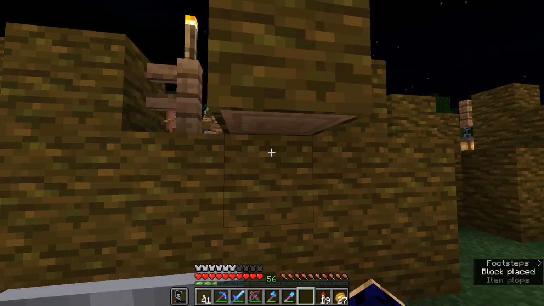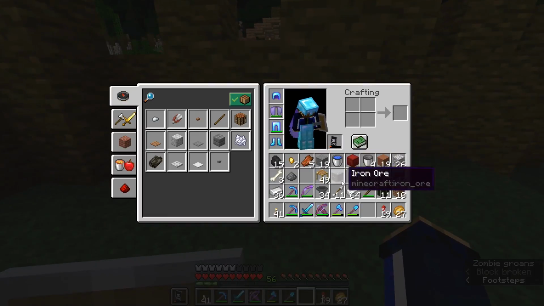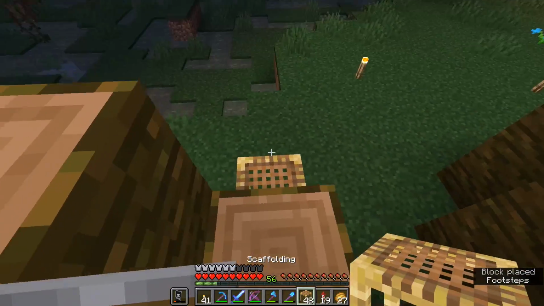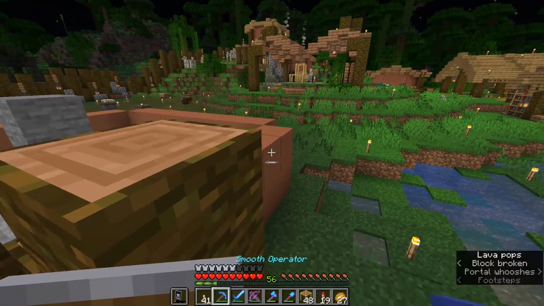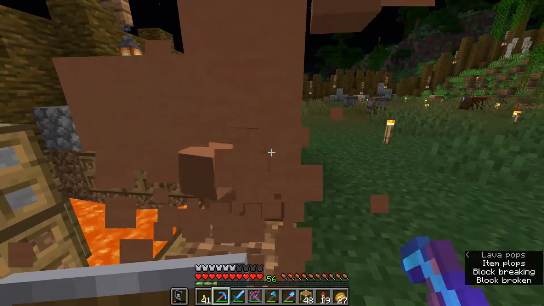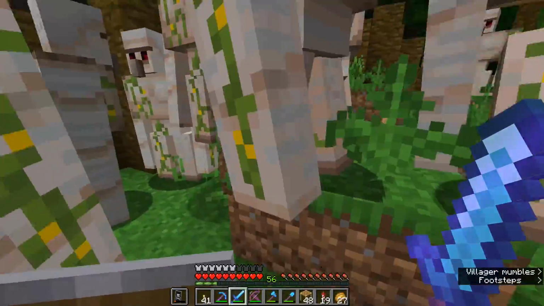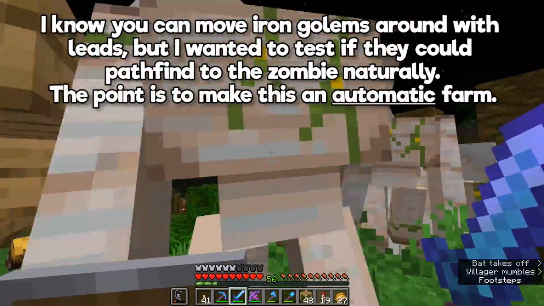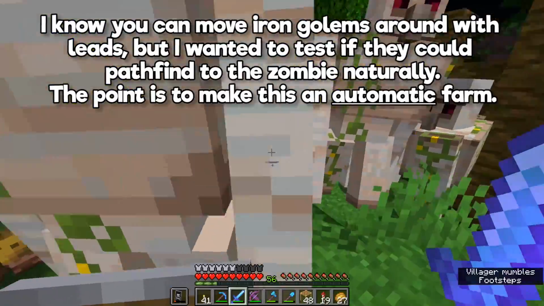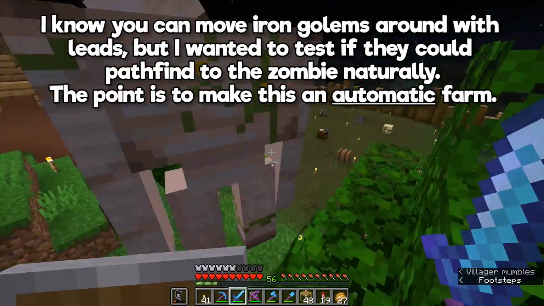And now I have to seal the gate back up again, and hopefully this should work out pretty well. Let's pop down the scaffolding, hop over the wall, and take down this wall here, and hopefully, fingers crossed, the iron golems will be able to walk straight into the pit without damaging the zombie. Of course, that would rely pretty heavily on any of the iron golems actually being near the zombie, which right now they're not. Right now they're all on this side behind the house,